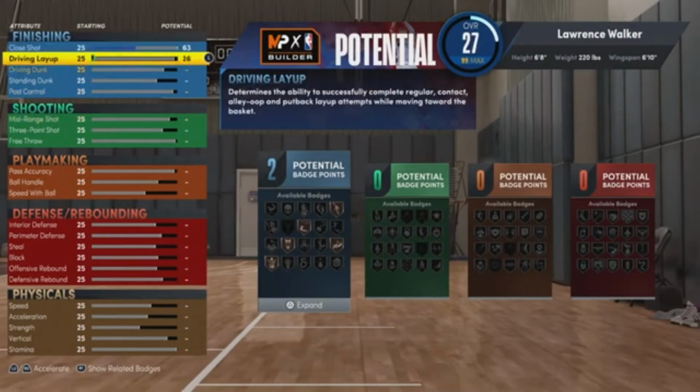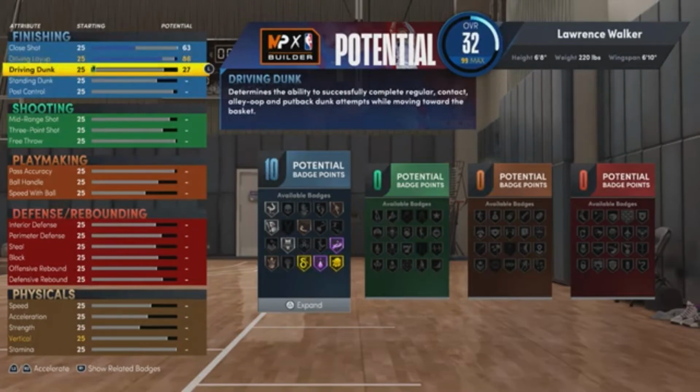Now for the driving layup, we are gonna go to an 86 for the driving layup. I'm not gonna lie, for the name, man, we can pretty much do everything. It is a skill stretch forward, so also gonna be able to get some contact dunks. Gonna go ahead and go to 86 for the driving dunk, which is gonna allow you to get the pro contact dunks at an 84, and at 85 you can also get elite